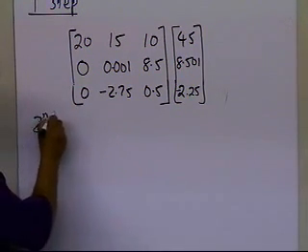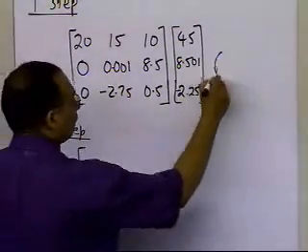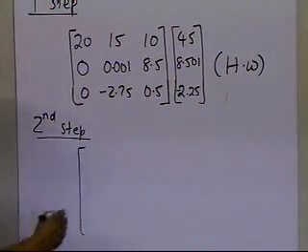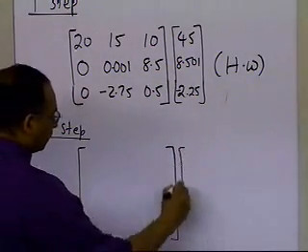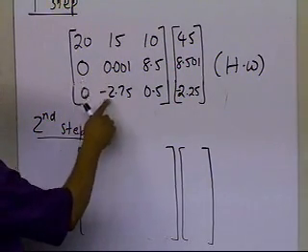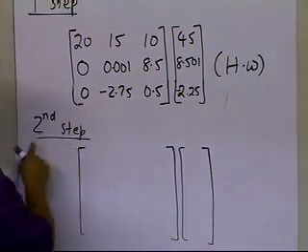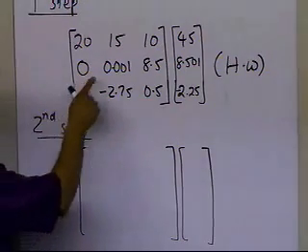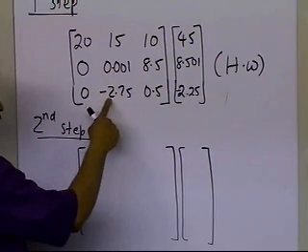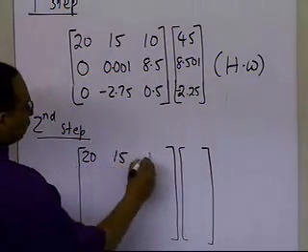Now I'm going to show you the second step of forward elimination. I'm going to just show you what I get. Again, this is part of your homework, that you're going to show me that the first step of forward elimination gives you that. The second step of forward elimination will basically mean that you're going to use the second row, second column number to make everything below that particular row in the second column to be 0. So keep in mind the second step corresponds to the second row, second column being used to make everything below the second row in the second column to be 0. So there is some programmatic sense to it.